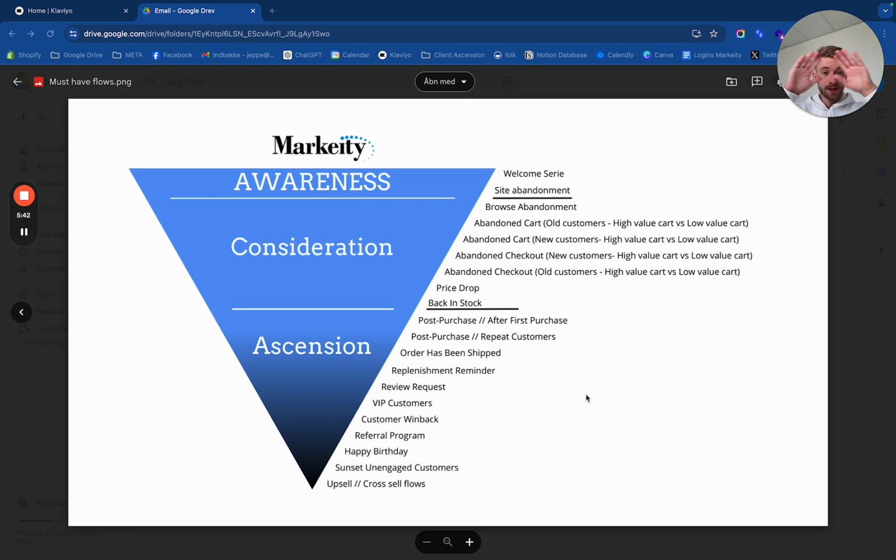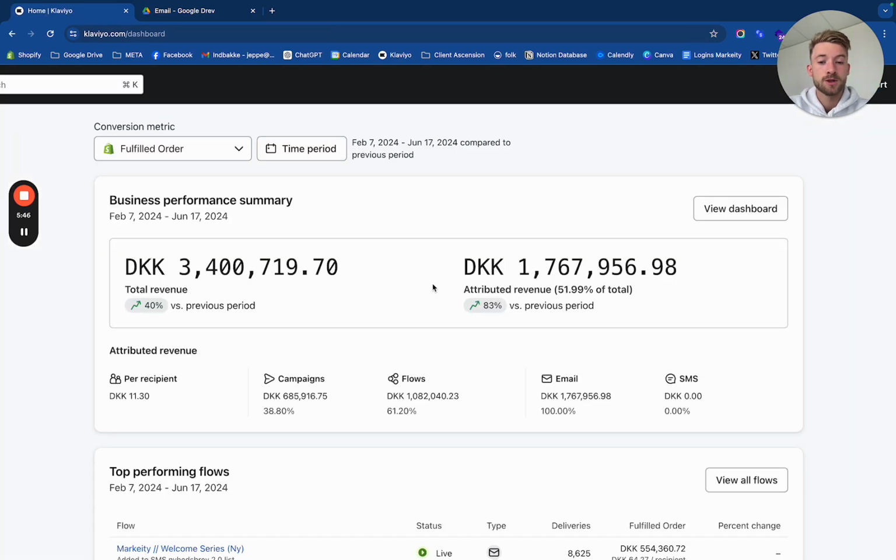So this is like an entire ecosystem regarding the flows, and that's why sometimes we see results like this, that our ecosystem of flows can be up to 61% of the revenue. This is obviously a better case than others. We do not send as many campaigns as we would like to. This is a client communication issue, not an issue, but they just don't want to send as many campaigns as we'd like to, and obviously we respect that, but